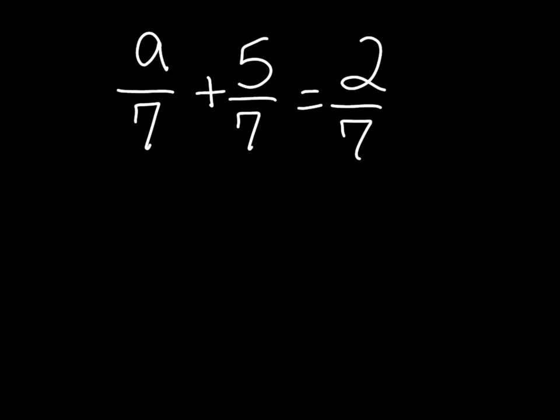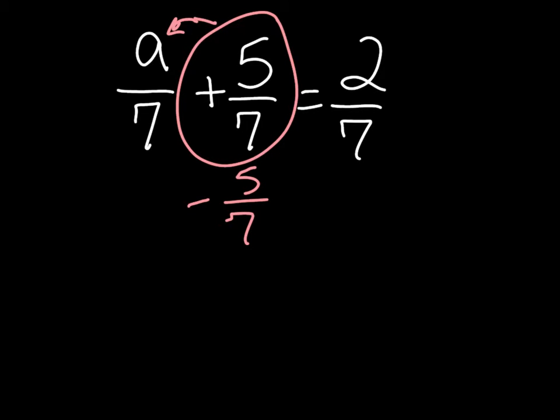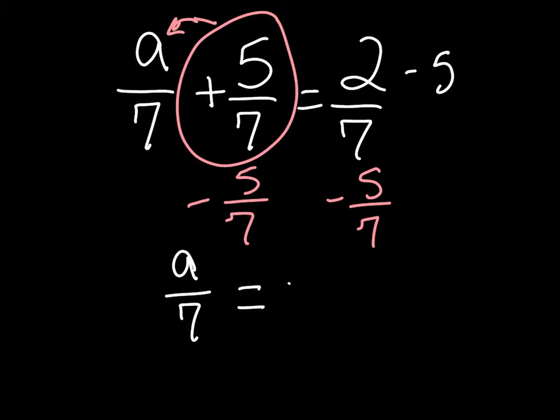Alright guys, this one, I wouldn't actually even consider it a multi-step problem, but we're going to have it, so let's talk about it. You guys see fractions and you're going to think, oh no, I hate fractions, but we don't really have to. This is really going to be pretty simple. We're going to take this positive 5/7. It's adding to the a over 7, but it's still adding to the a. So we're going to subtract 5/7. Subtract 5/7. We're going to get a over 7 equals, well, what's 2 minus 5? Negative